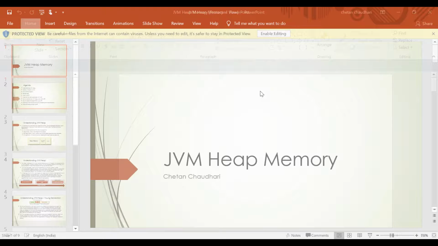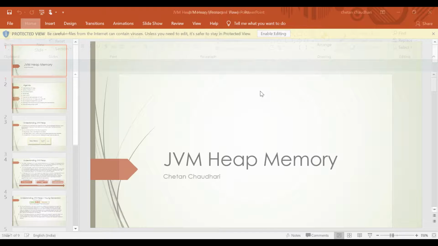And below there is minor or major GC. Whenever the objects are residing in the heap, your GC comes into the picture, and it will sweep out, as a major or minor GC, throughout the young generation or old generation. So this is how it looks. Your young generation is comprised of your Eden plus survivor space, and the old generation we call the tenured generation. As we all know, the Eden space is the space where the new objects are created.